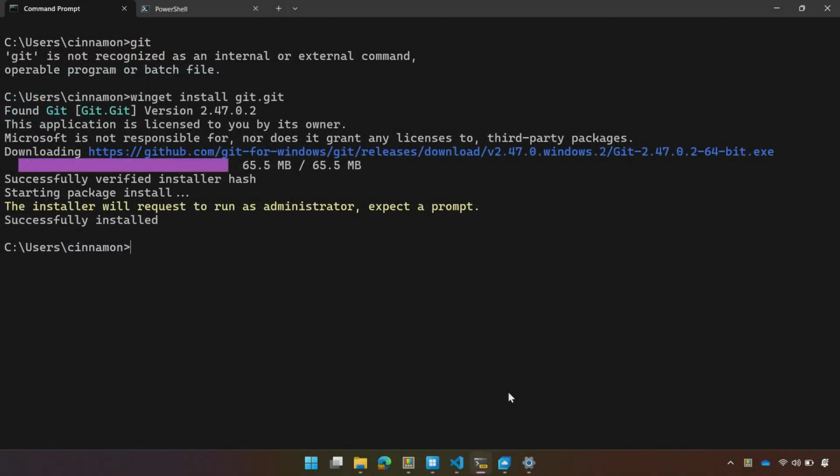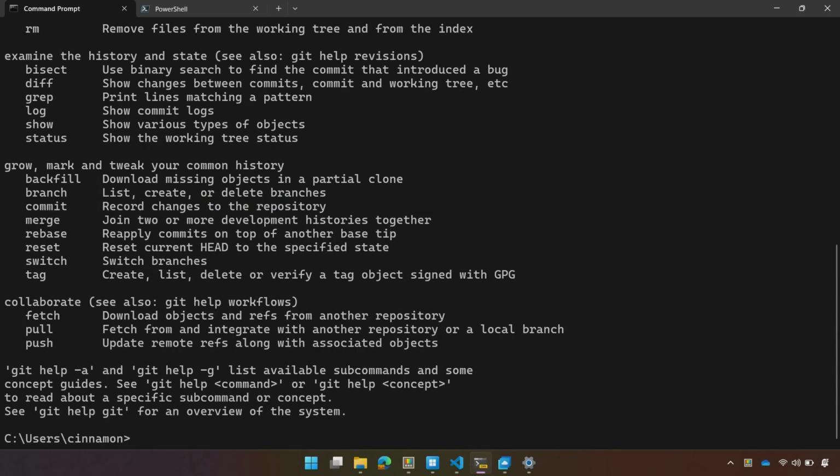Before I jump into that, my Git did finish installing. And the reason why I wanted to show this off is, you notice at the top, when I type Git, it says, I don't know what that is. I'm not familiar with the command. One way that we improved terminal is that we've added environment path refresh. So I'm sure we've all been here where now we need to close this window down and reopen it to get Git in the path so I'm able to use it. But now that we've added environment path refresh, I don't have to do that.